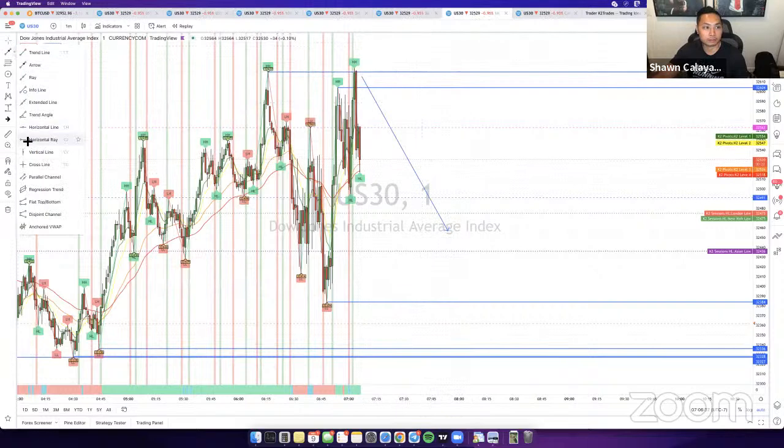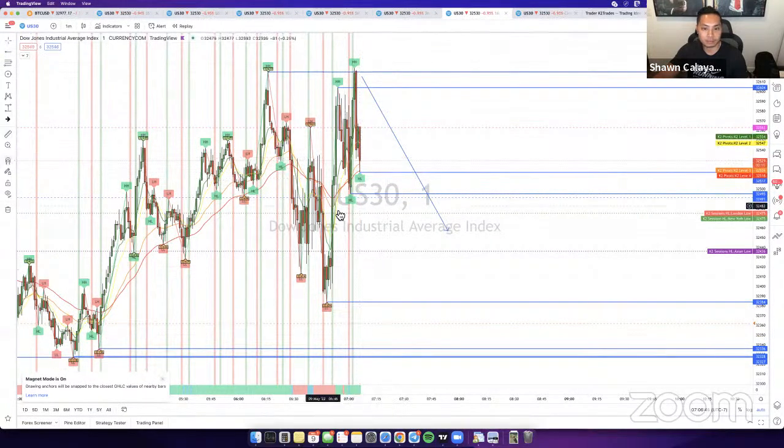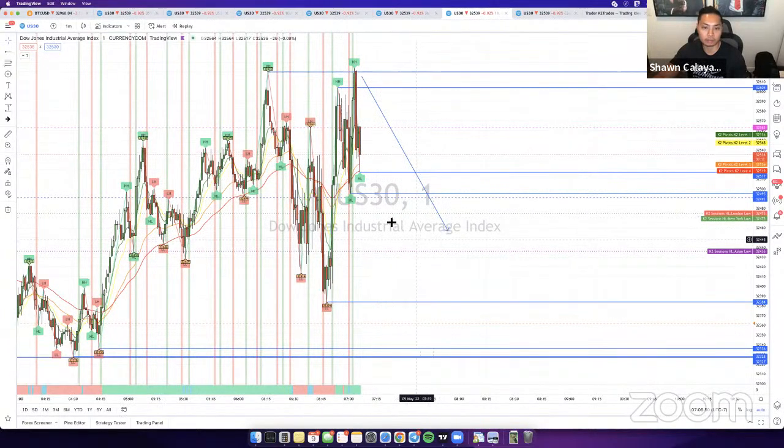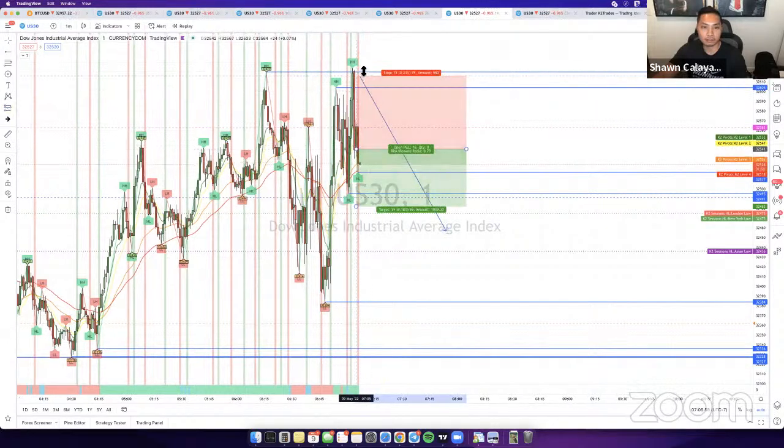Let me see if I could draw some areas of liquidity right here. The thing that I dislike the most about where price currently is, is that it's right next to opening price and sessions. If these sessions here weren't in this area, then I would be taking a bunch of sells at this point. Again, right here, this is actually a V3, but it's not a V3 that I would take because this candle's too huge, right?